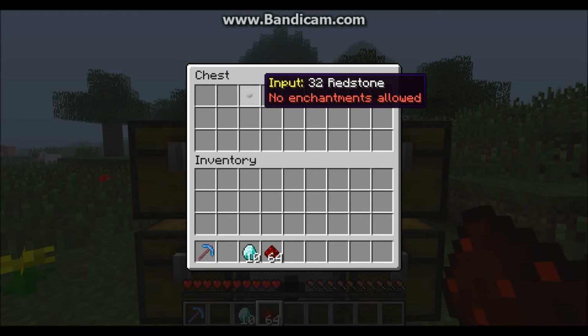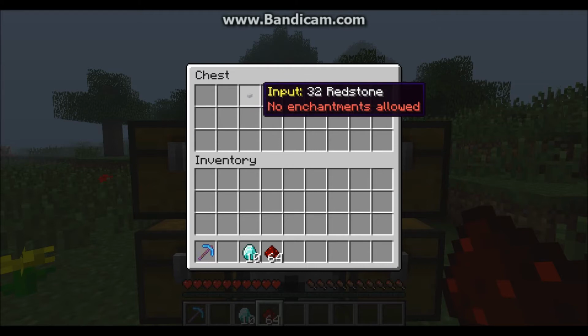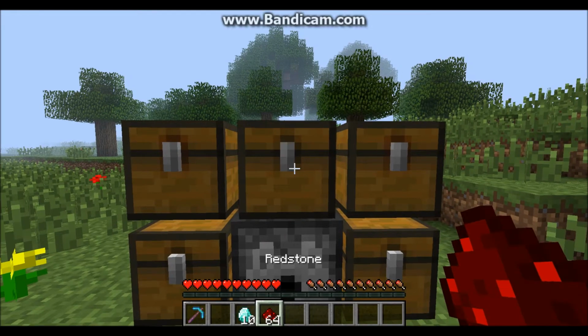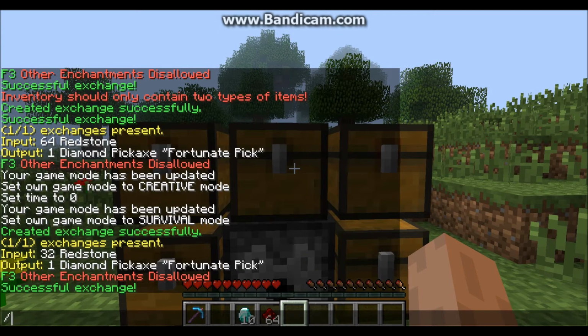So you'll notice there are these two buttons in here. This is what's used to store the information about the exchange as opposed to the signs that were previously used. There's an input button and an output button. So let's say I wanted to create an exchange, except instead of having my input available, I didn't have it available. Then I could type in IE-create